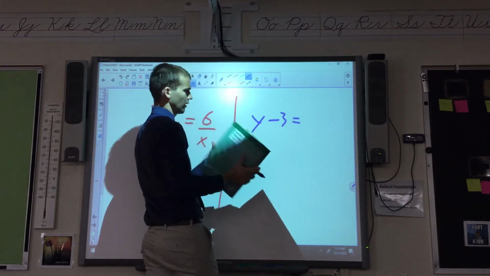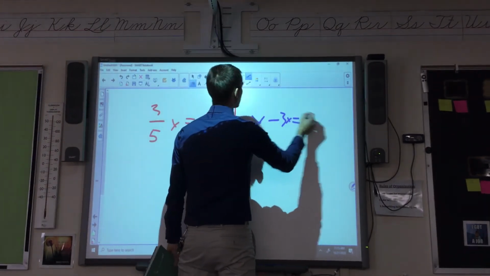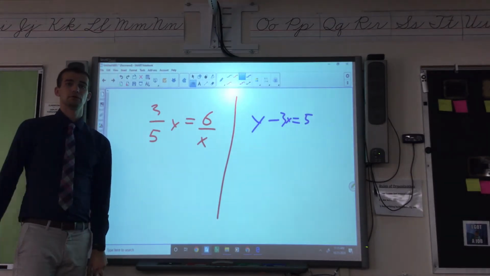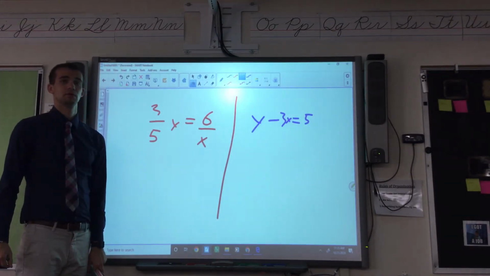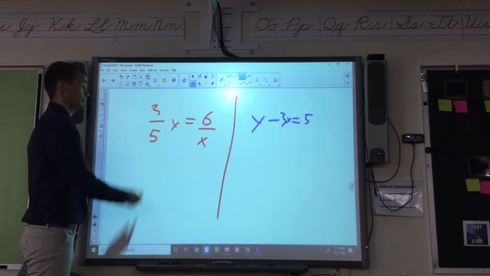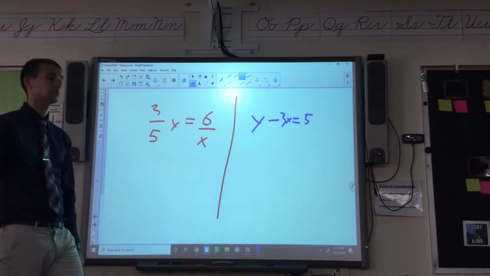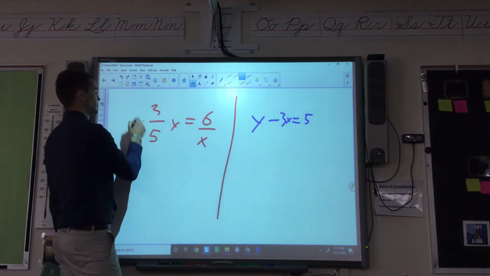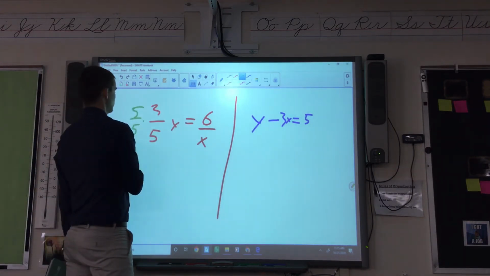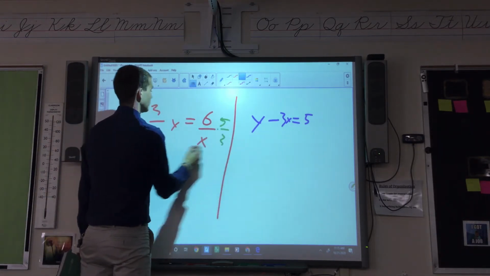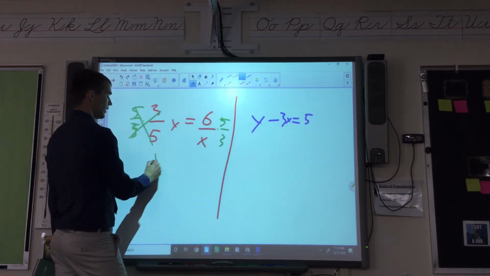So, right here, what do we do? What did we do last time? You had y times something. Yep, multiply by the reciprocal. So 5 over 3, not over 5. Y equals 5 over 3 times